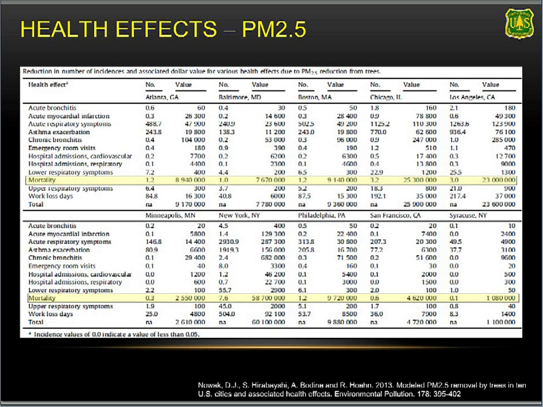Question just came up, where did you say this table came from? What agency? This table is in the paper that's cited at the bottom of the slide in Environmental Pollution. It just came out. The data for human health actually came from a model that we ran called BenMAP, B-E-N-M-A-P, which comes from the US EPA. And we ran BenMAP. We actually run it for the whole country, but we ran it for these 10 cities also. So the process that we used, iTree to estimate the pollution concentration changes. We fed that into the BenMAP model to estimate, based on the population for those cities, the human health impacts. Because the health impacts are dependent on who's receiving the benefits. How many people?